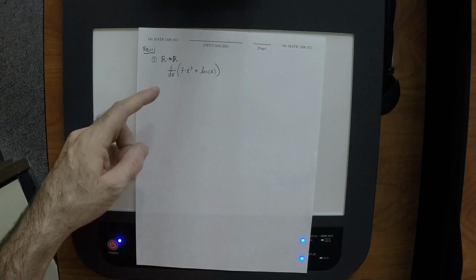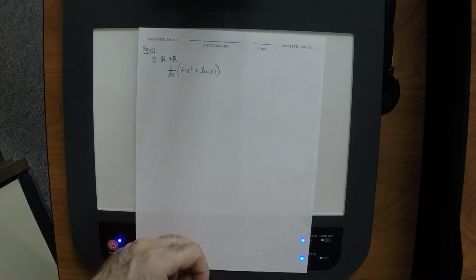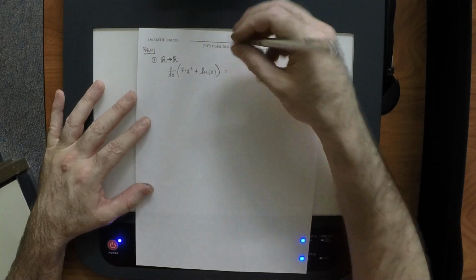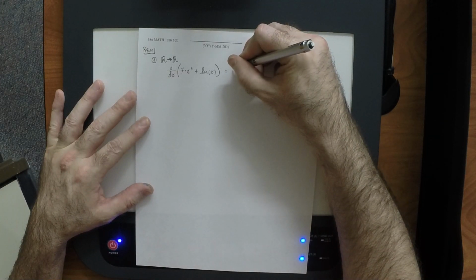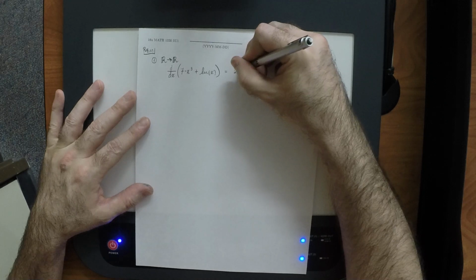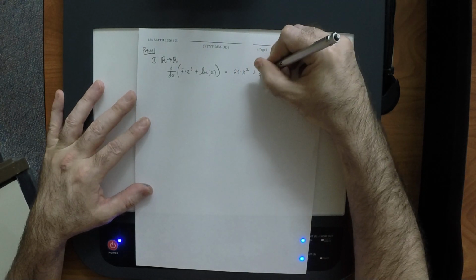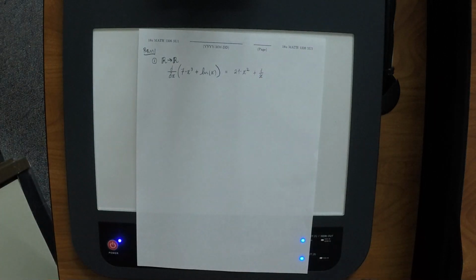That d dx, well, that's the way you write derivative. So then I'll just do this really quick. 21x squared plus 1 over x. Nothing surprising there. Now what we want is an analogous bit of notation